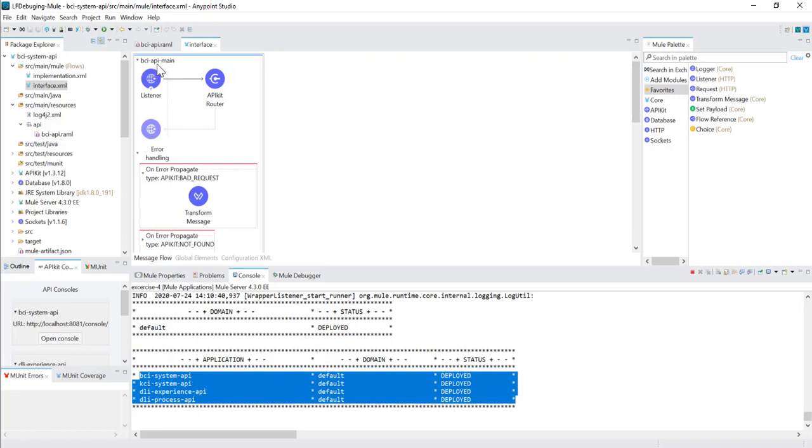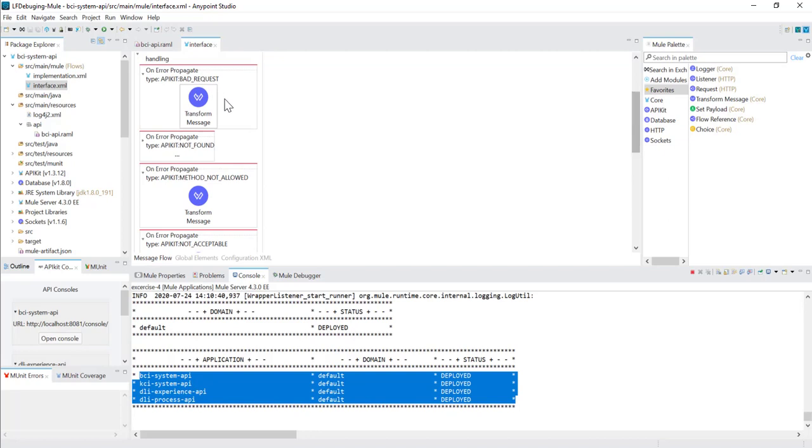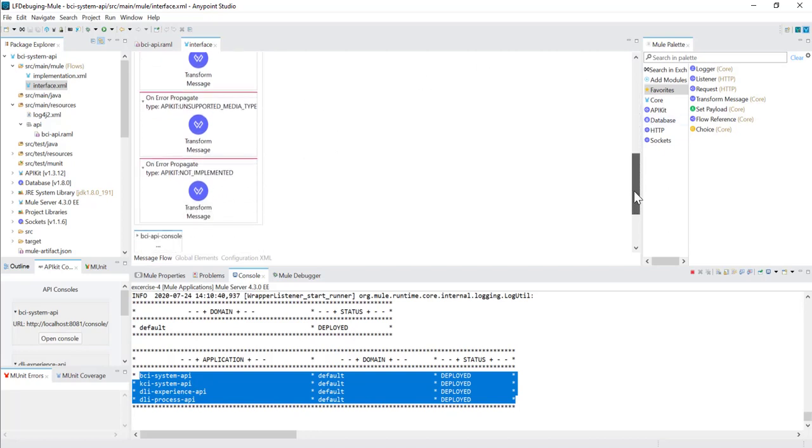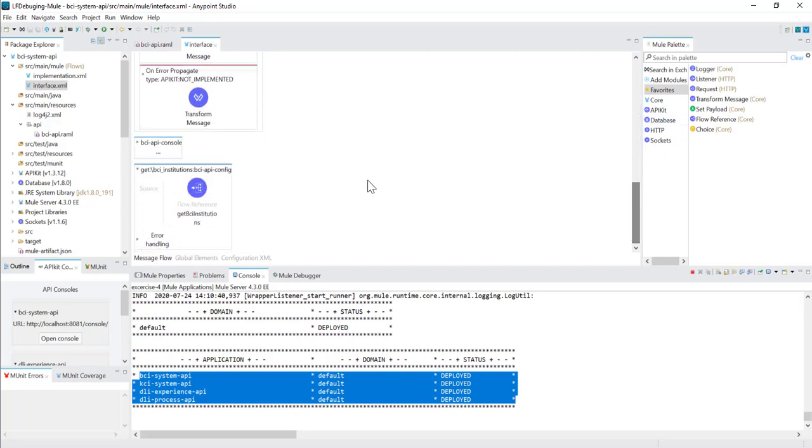That is the bci-api-main flow. It has also automatically generated the error handlers, as we spoke about in the standard error handling. It has also generated the bci-api-console, and whatever service path we mentioned in the RAML file, similar private flows have been created.